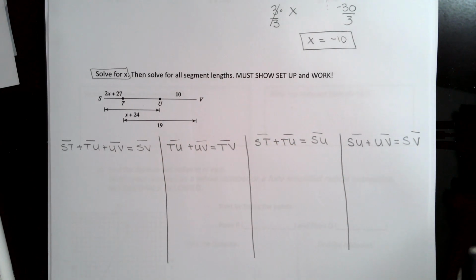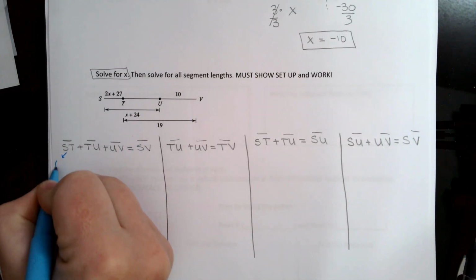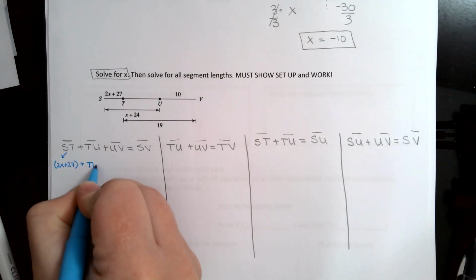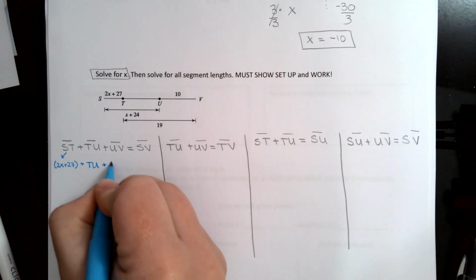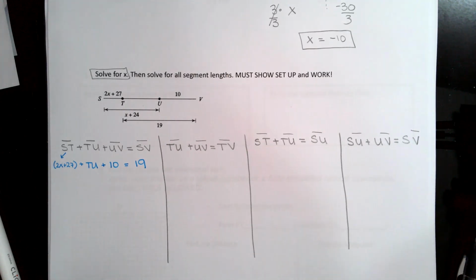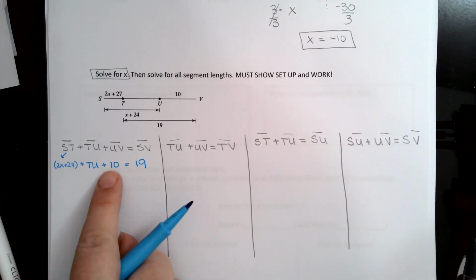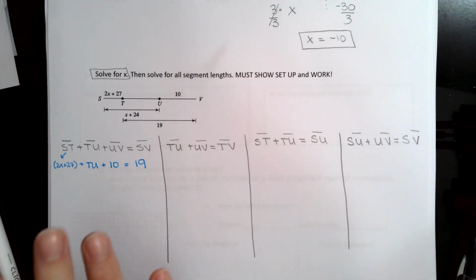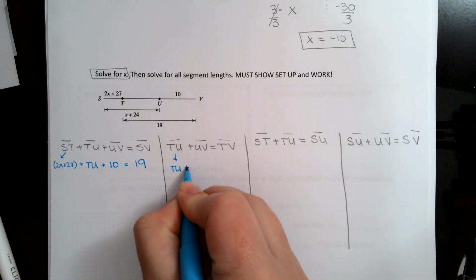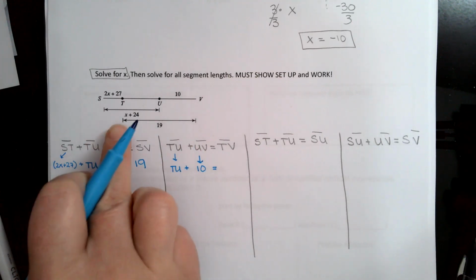So let's go ahead and start by plugging in what we have. ST is 2x plus 27. TU is unknown. UV is 10. SV is 19. So if we take a look here, we do have multiple unknowns. We have an unknown of x and we have an unknown of TU. So this one's not a good setup for us to solve for x. TU is unknown. UV is 10. And TV, if we go down here,